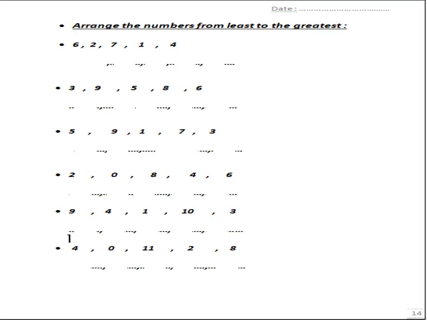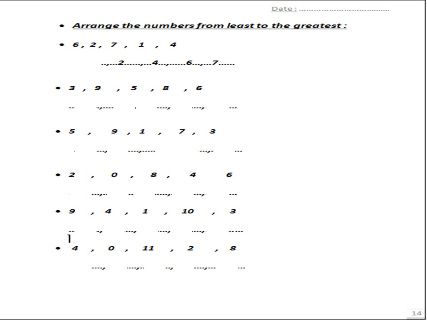Open your final revision page 14, Primary 1. Here we will arrange the numbers from least to the greatest. What's meant by least? Means from the smallest to the greatest. The first question here, he gave me 6, 2, 7, 1 and 4. I want to arrange these numbers from smallest to the greatest. So the first smallest number will be 1, after 1 2, after 2 4,